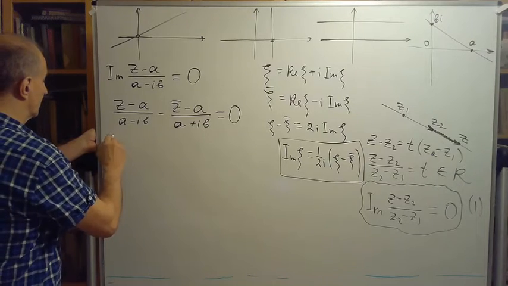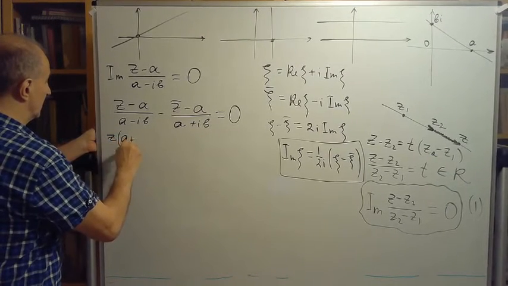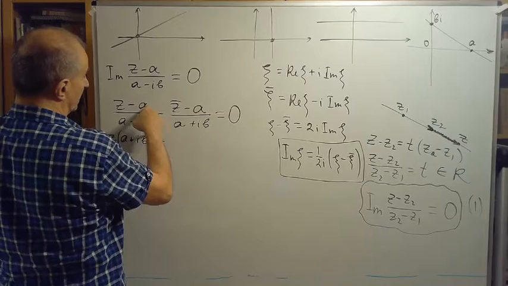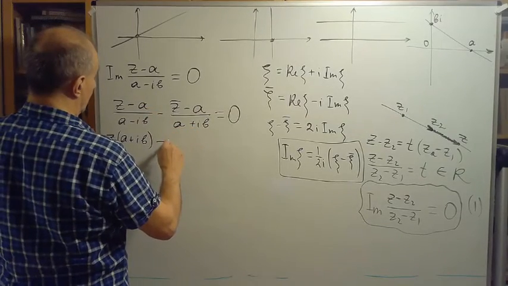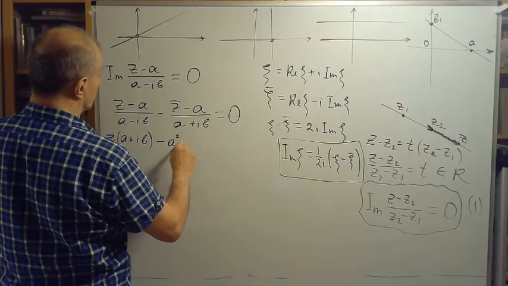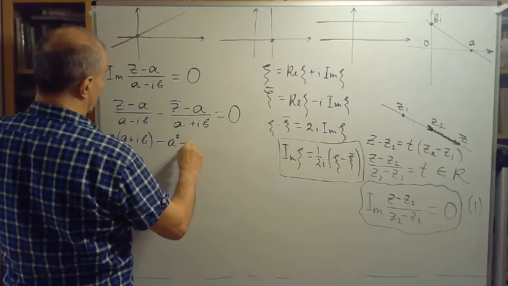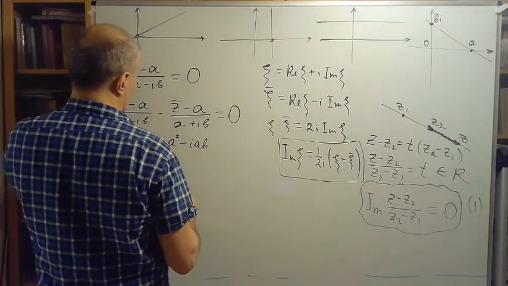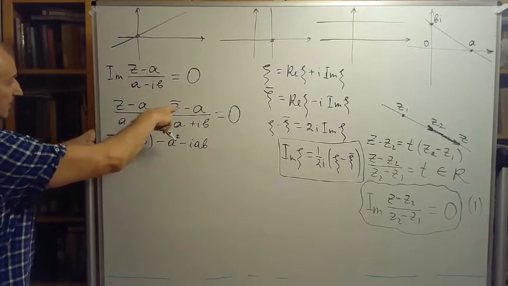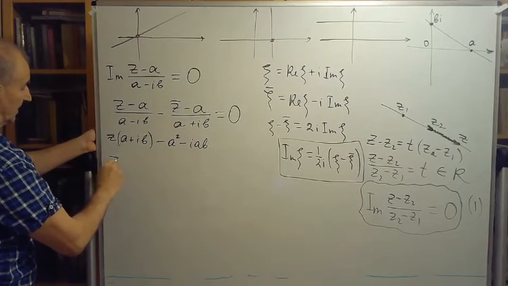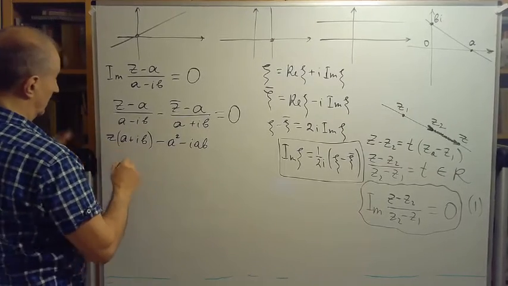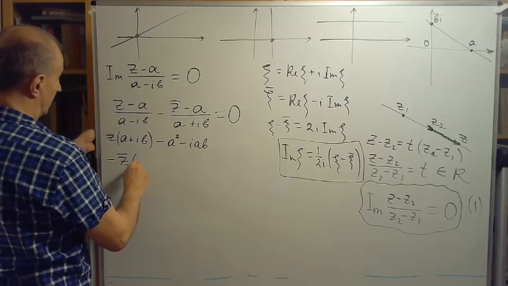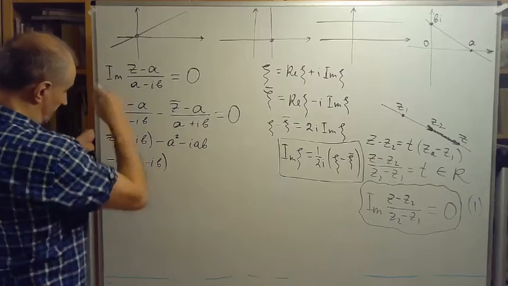So we will have z multiplied by a plus ib, minus, now a multiplied by a and a multiplied by ib, minus a squared, minus iab. Then, now I'm multiplying this part by the number, so it will be minus z conjugate multiplied by a minus ib,